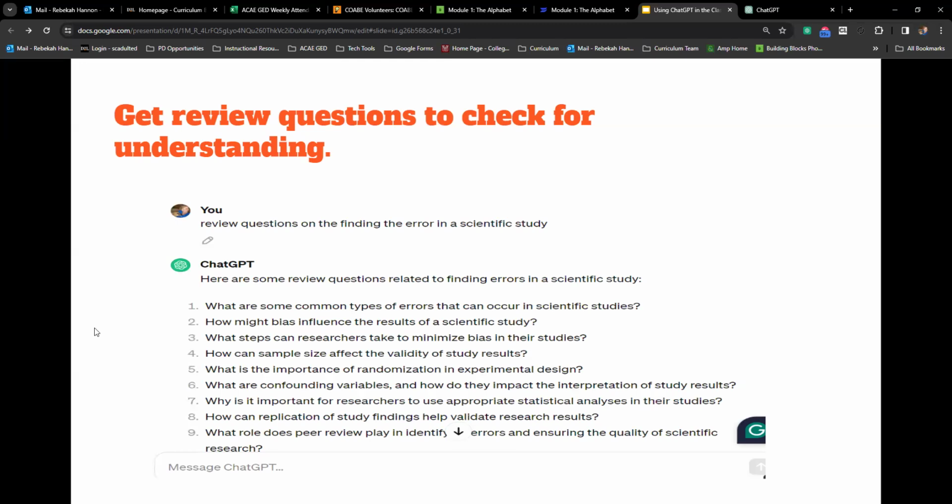Now, here are just a few. I wanted to put these on the screen for you, but I will say what I normally do when I generate questions like this, I'll ask it to generate multiple choice style questions, just because I know generally with testing, whether it's TABE, WIN, or GED, that's the traditional way students are going to see those questions. Again, I know there's some variation, but generally I think the large majority is multiple choice. But you can customize it: fill in the blank, or you could do short answer, however you wanted to do it.